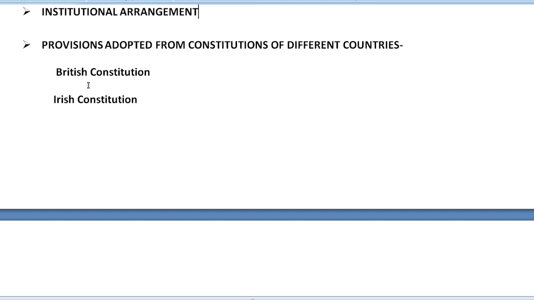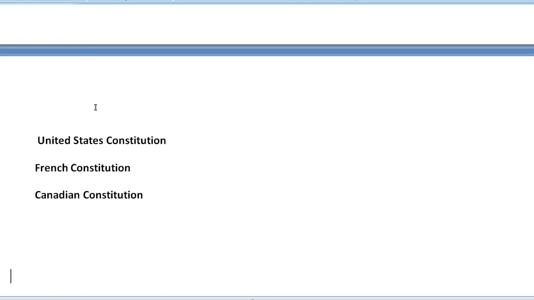So here some constitutions have been mentioned which we are going to read in this chapter. It is British Constitution. First of all, we are going to read those provisions which we have borrowed from the British Constitution. Second, we have the Irish Constitution. And next we have the third one, United States Constitution. And next, French Constitution. And the last is the Canadian Constitution. So on the basis of all this, we are going to read the important provisions related to different countries'